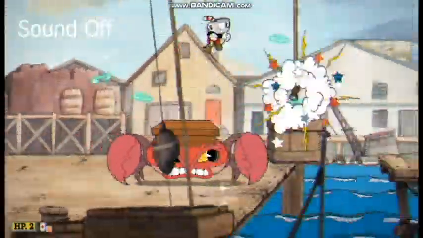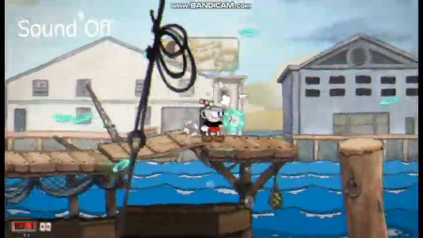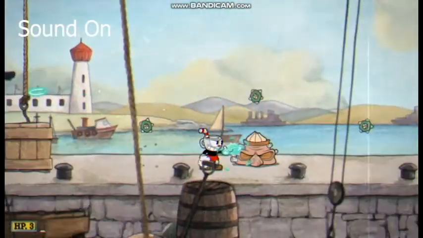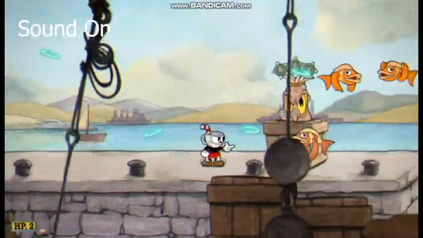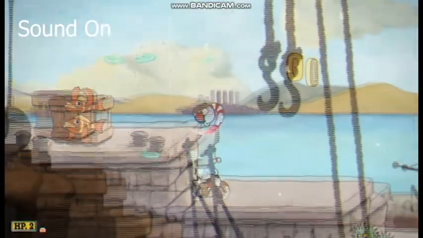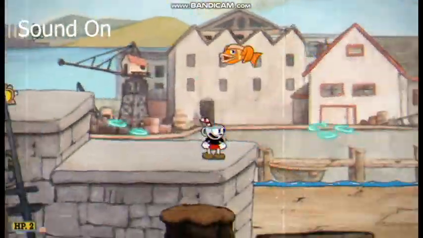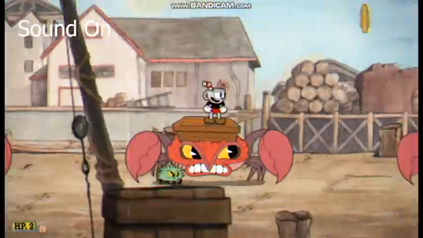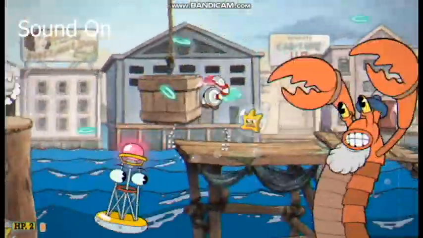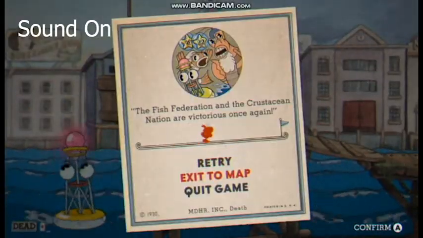I believe there's a few reasons I preferred it with the sound off. The first one being that I played this level at least 50 times. I would die and then restart and die and restart. So this sound just kept getting more and more frustrating the more I heard it. And I've been playing the music in the background as I've been speaking. So if you've been paying attention, you can kind of tell that the song is very repetitive. It has the same kind of beat, same kind of sound. And hearing that again and again can really become annoying. And so I think this is a big reason why I preferred it with the sounds off.